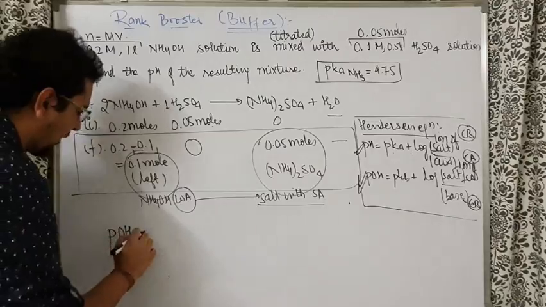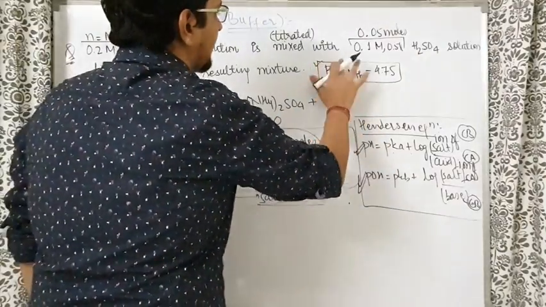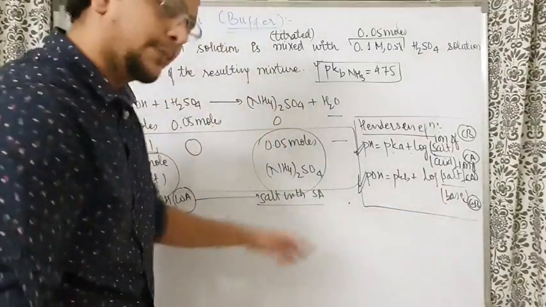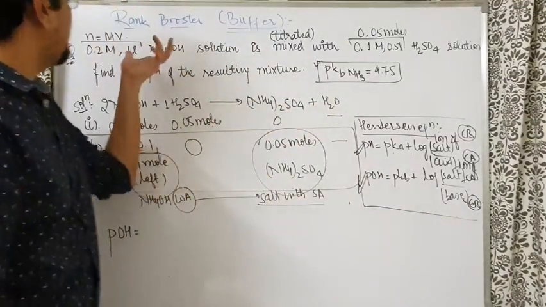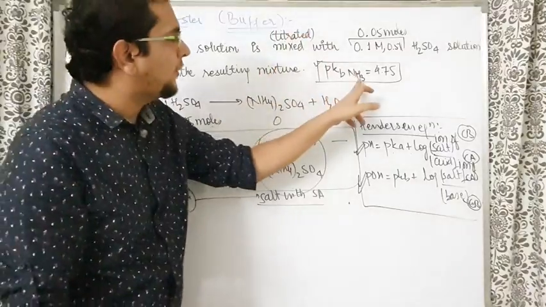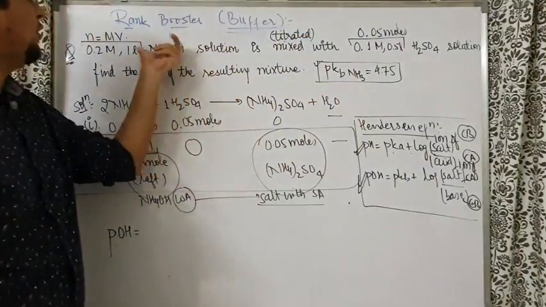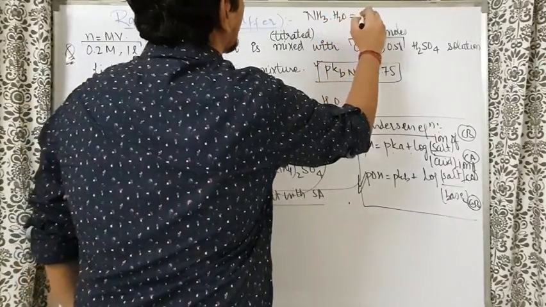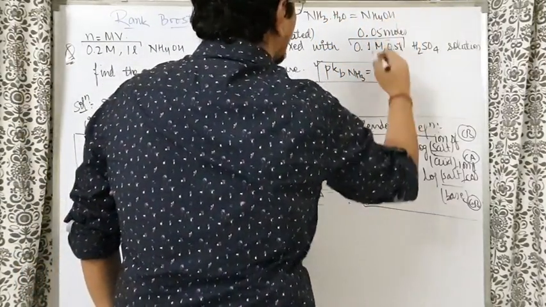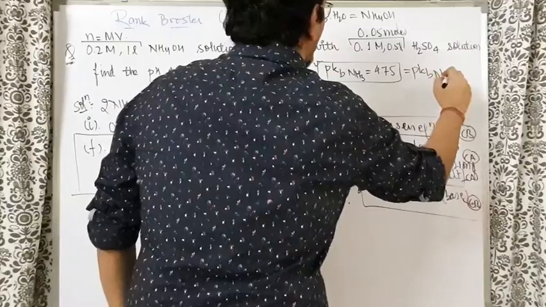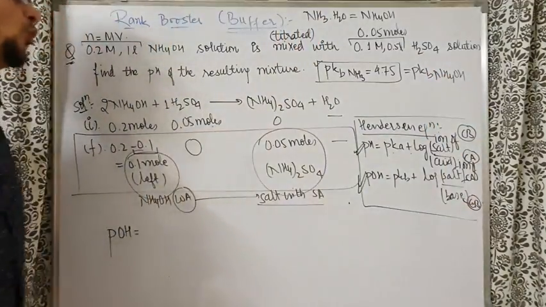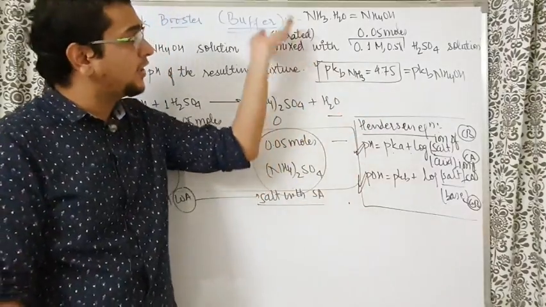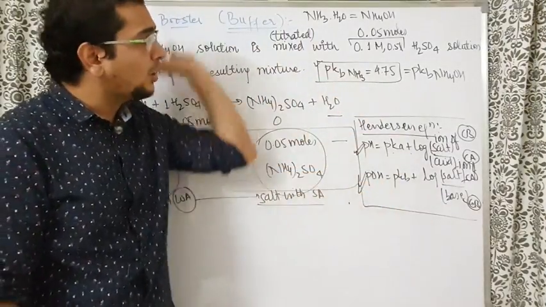So here pOH. Why not pH? Because pKb is mentioned, the pKb of ammonia. Here also people get confused. One confusion comes: sir, ammonium hydroxide is given and the pKb of ammonia is written. How do we find the pKb of ammonium hydroxide? Ammonia dot water is only NH4OH. So whether they give you the pKb of ammonia or the pKb of NH4OH, they are both the same. This confusion happens only in the ammonia case. That's why I have taken the ammonia case to explain, so that all the concepts get cleared by this one question.